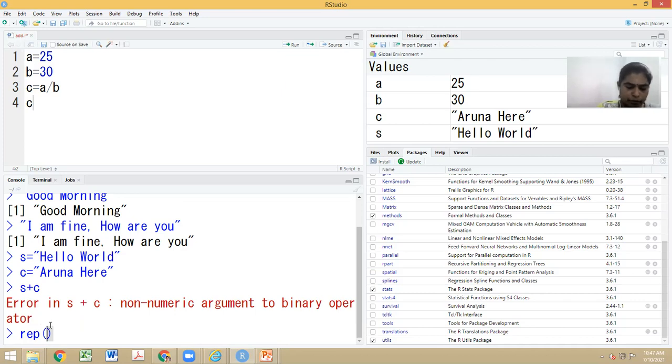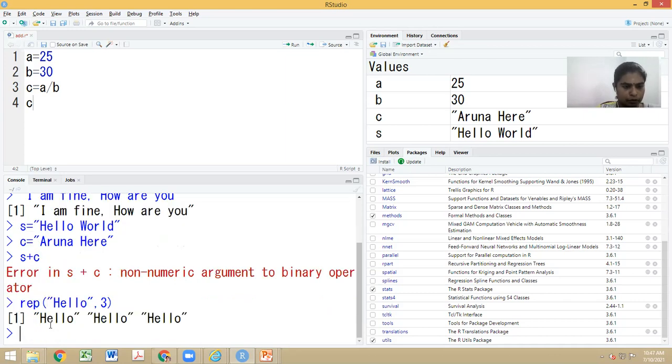So now let me give hello and then 3. What happened when I give it this way? I have given one string value and one number value. The number value is nothing but the count. The string value is the source value which is going to be replicated. So the source value, which is hello, is replicated 3 times.